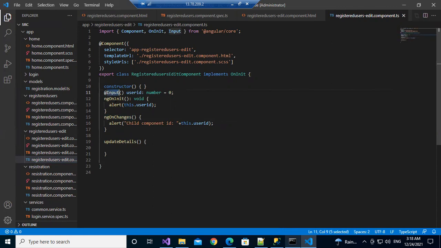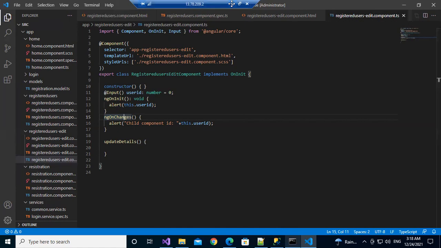Any input parameter changes from the parent, this function will be notified. But here you need to write the logic, right? That's why Angular gave the function. Whenever from the parent component you are passing some data to the child, Angular gives a function called ngOnChanges. It will be called immediately on change. Just like a text box has a change function, same here: there it is onChange, here ngOnChanges.